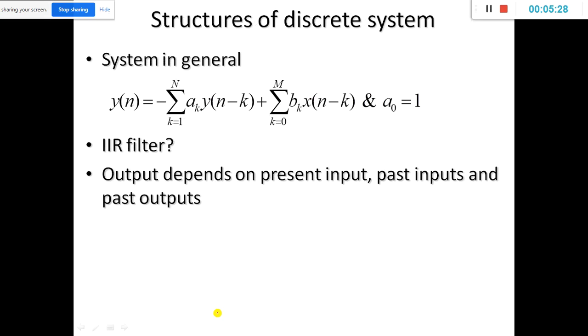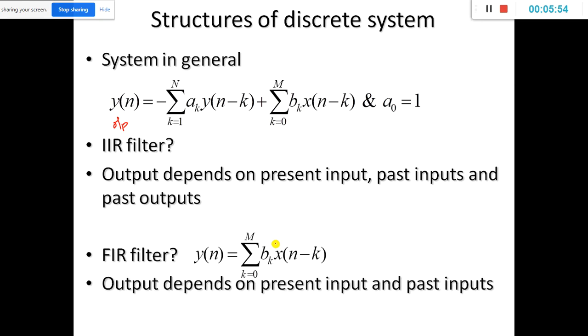So this is a general structure for a filter. I take y of n at output and all others I consider as inputs across here. Now my output is the IIR filter. So this is very clearly stating the IIR filter. What is the IIR filter? The output of an IIR filter depends upon the present input,